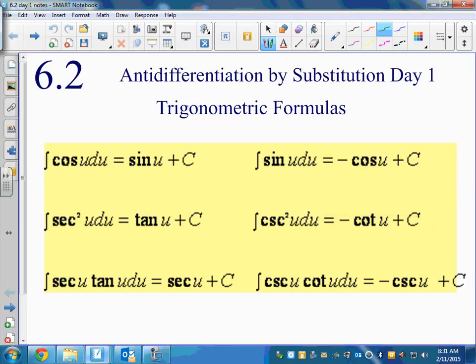So we've been doing integrals for a long time, and finally in section 6.2, your book likes to say, hey, here are the formulas for integrals. So I put them on here just so you can see them. We've talked about these a lot. I think maybe I gave them to you at some point, but maybe not. But this is the first time they're in your book, and they tell you, hey, these are all the integrals,